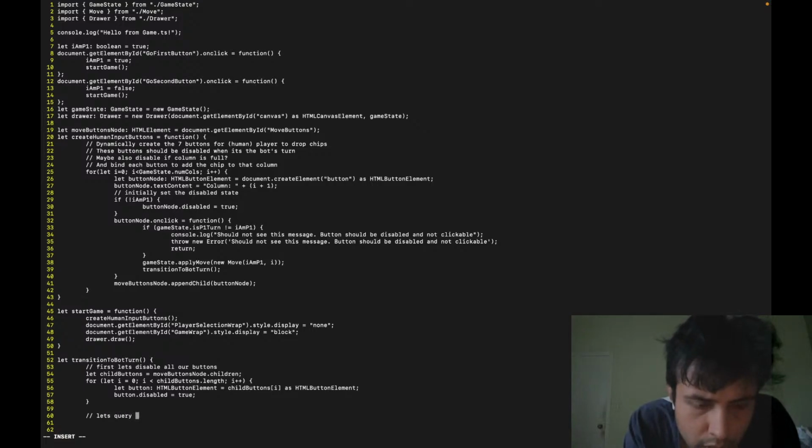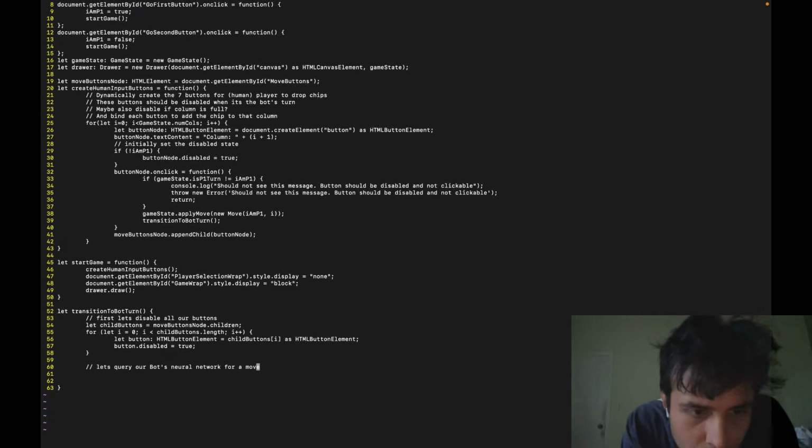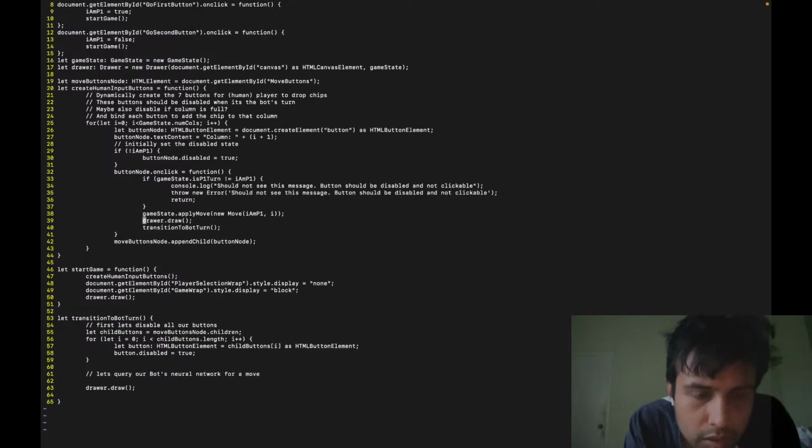Let's query our bot. Again, this is just going to be like a console dot statement. Let's query our bot's neural network for a move. For now, we can just fill it in with a random move, and then let's do a draw call. Okay, and here too. Actually, when we transition, after applying the move, we should just call draw again, to redraw the game state, and then transition to bot state, and